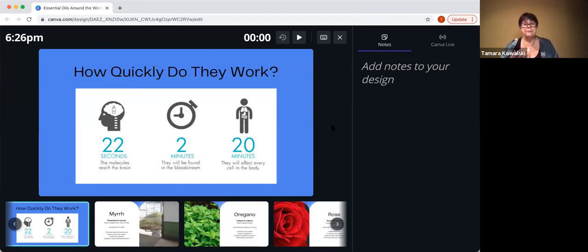So it's pretty interesting that your body knows where it needs this vitality to go, and it goes in the bloodstream and you feel it in all kinds of different places in your body. So within 20 minutes, these oils can affect, improve, balance all the cells in your body. It's crazy interesting. What also is interesting is if you were using products that are toxic to you, these same